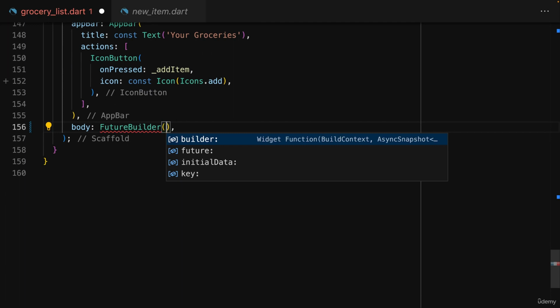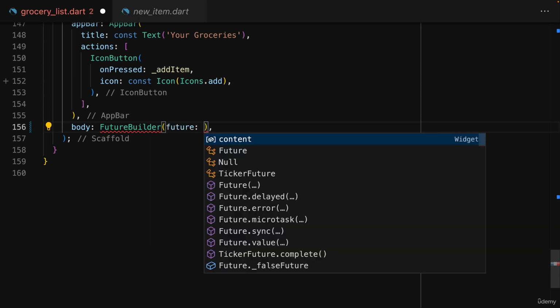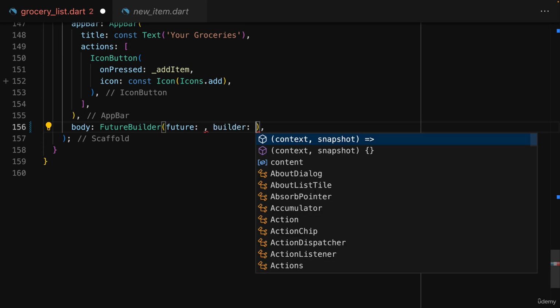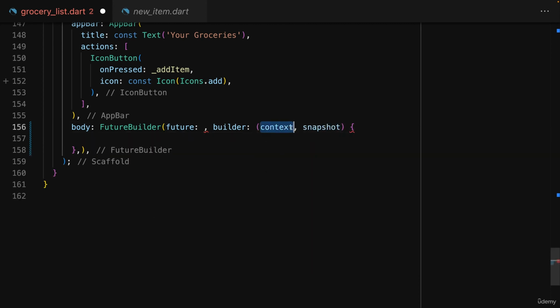Now, the FutureBuilder widget needs at least two key parameters. It needs a future, so the future to which it should listen in the end, and a builder which wants a function that will be executed whenever the future produces data. And therefore, that is a function that receives a context, automatically passed in by Flutter, and a snapshot, which in the end gives you access to the current state of the future and the data that might have been produced. Both arguments are passed in by Flutter because Flutter will call this function based on the state of your future,